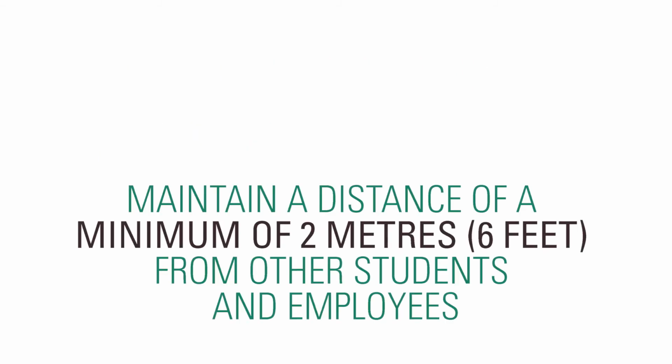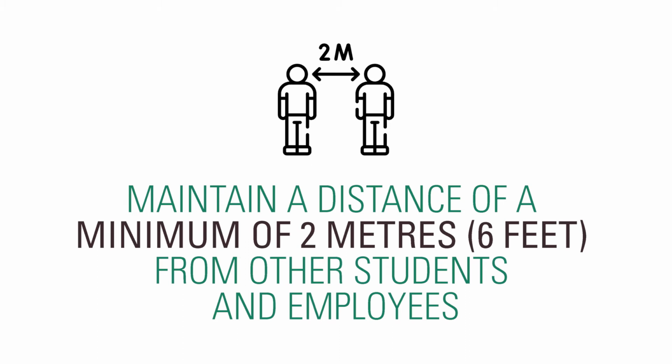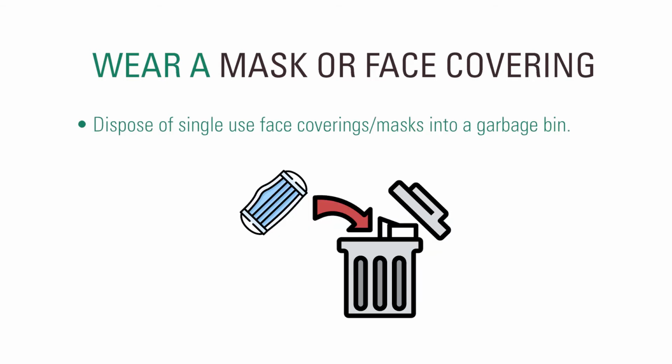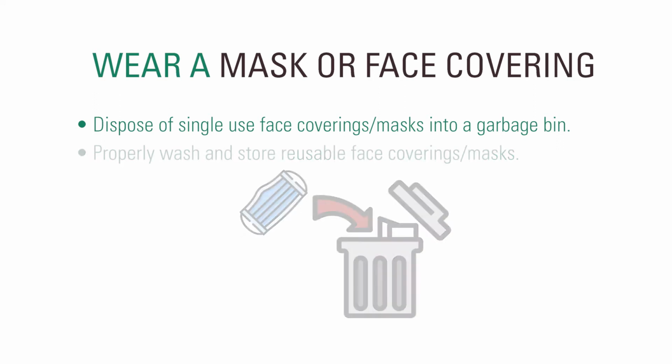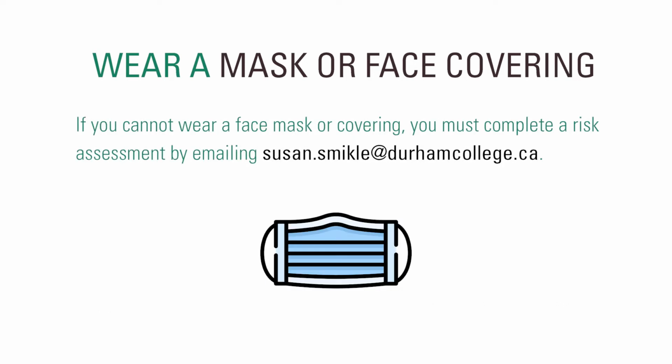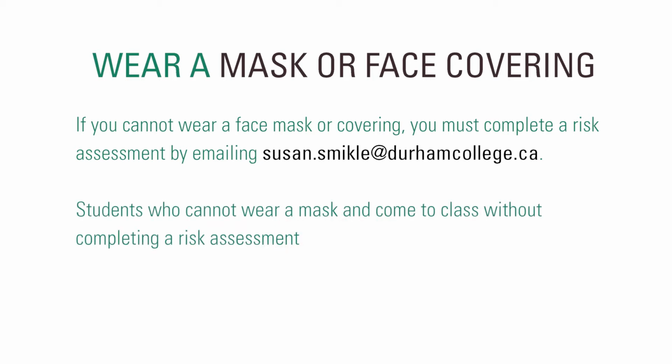Individuals on campus are required to maintain a distance of at least 2 meters, or 6 feet, from others at all times. You are required to wear a non-medical mask or face covering while in campus buildings to ensure everyone's safety. Single-use masks or face coverings should be disposed of in a garbage bin, while reusable coverings should be washed and stored properly. If you cannot wear a face mask or covering, you must complete a risk assessment by emailing susan.smeichel@durhamcollege.ca. Students who cannot wear a mask and come to class without completing a risk assessment will be asked to